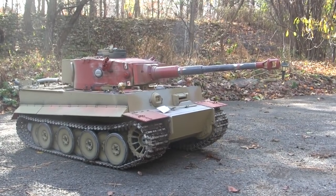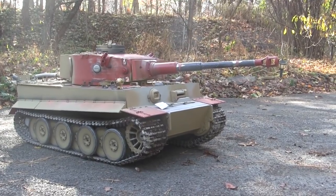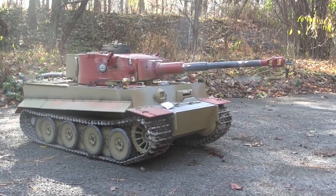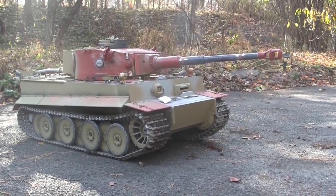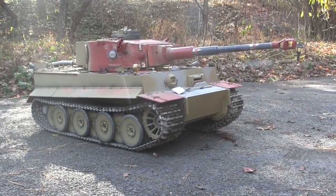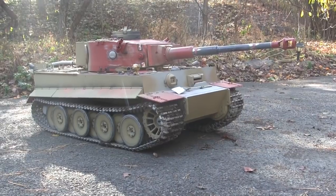As for the running, the tank performed perfectly on the paved surface, and it did run very well on the off-road terrain. Now, it's important to point out that the off-road terrain is very muddy due to the rains that we've had, but in addition to the mud, which you can see is all caked up into the track area, the ground is also very icy, as it is very cold right now